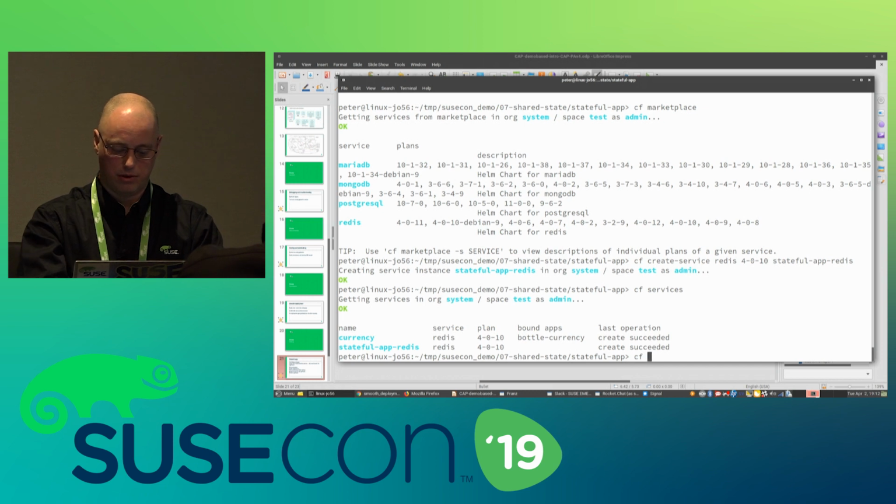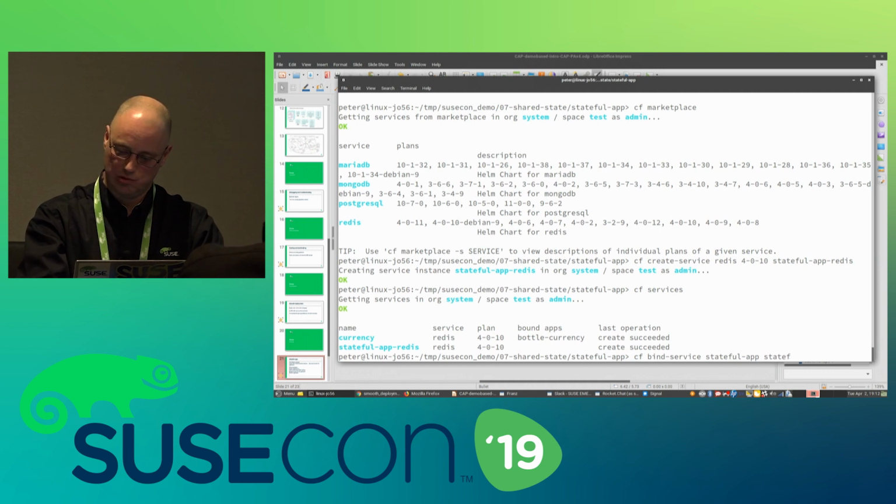But what I'm going to do now is bind it to an application. So I run the command cf bind-service, and which app I want to bind to it: stateful app, that's the name of the app, and to what service?